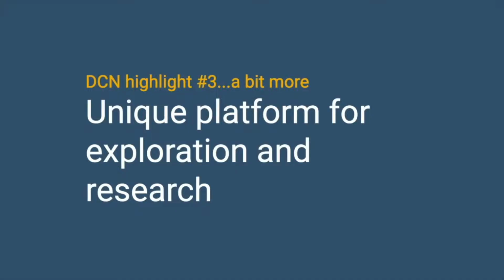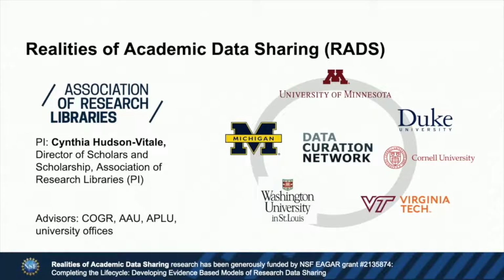So continuing on some of the work that the DCN is doing as far as research, we also have recently received an NSF EAGER grant to look a little bit deeper into what the actual practices and costs are around data sharing. So this grant was awarded to the Association of Research Libraries. Cynthia Hudson-Vitale is the PI on the project. And again, a subset of the Data Curation Network institutions are involved in this work, all bringing perspectives from those institutions,